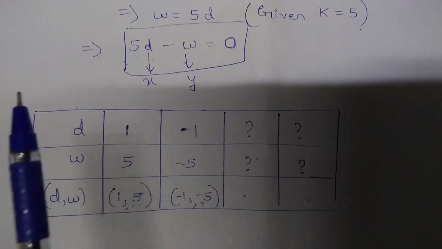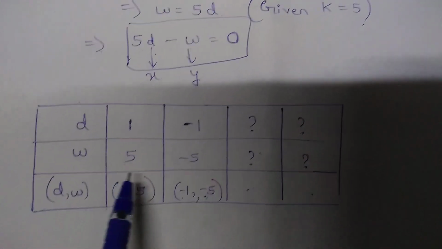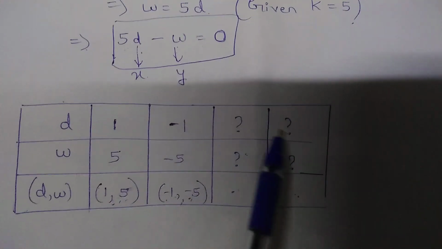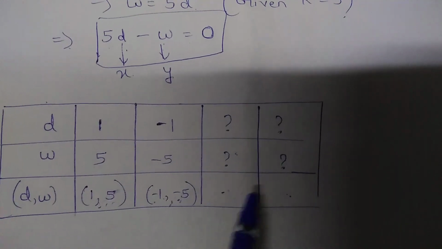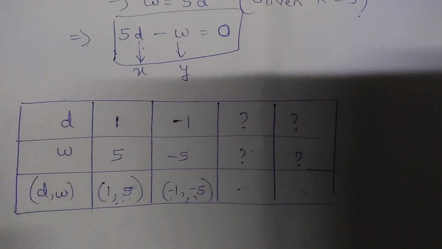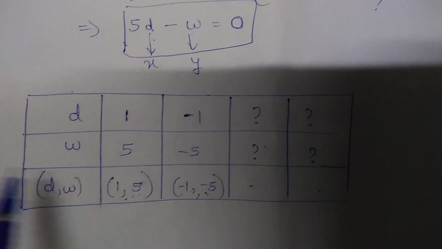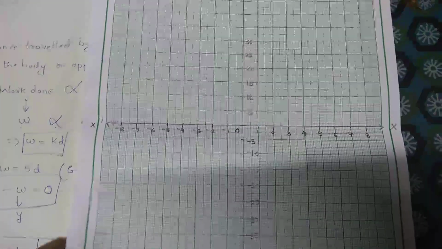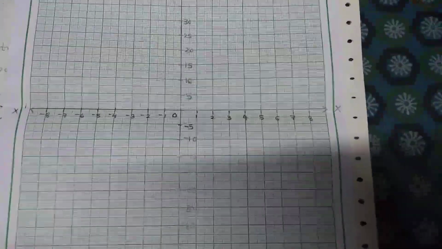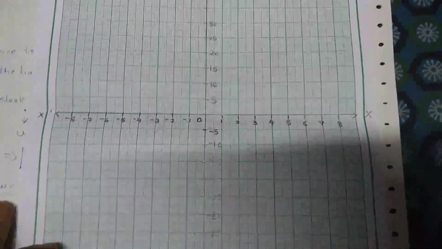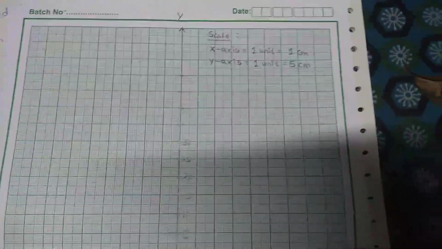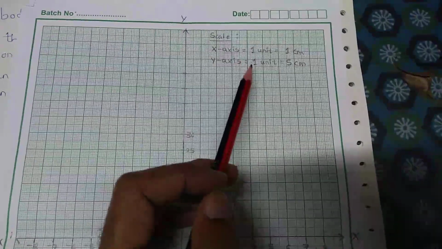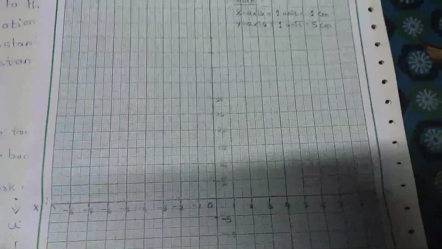After that, you have to draw two graphs for this particular column. This is the graph that will be drawn by me, and after finding these 4 coordinates, you have to draw another graph and plot the points. Okay, so now I have a graph paper and I have plotted the x and y axis, and I have taken the scale as x axis 1 unit equals 1 centimeter and y axis 1 unit equals 5 centimeter.